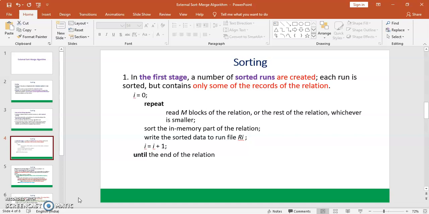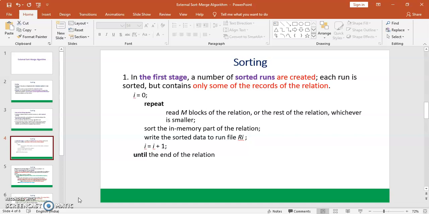Each run is sorted, and it contains only some of the records in the relation. Sometimes it may contain all the records of the relation, which means it is going to be sorted finally. After all, it needs to be merged also, and only then will it be in the final stage.